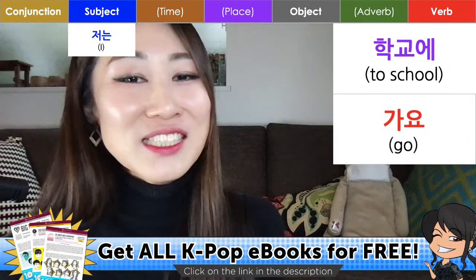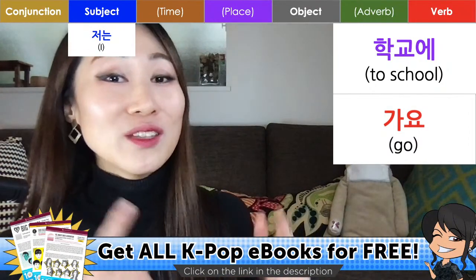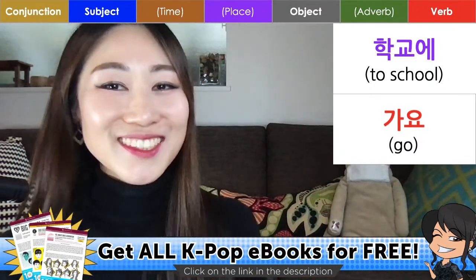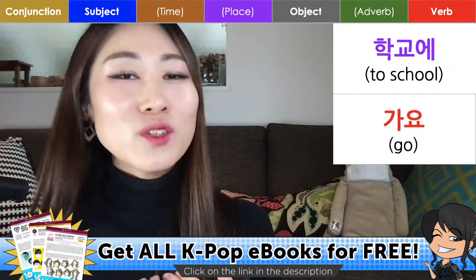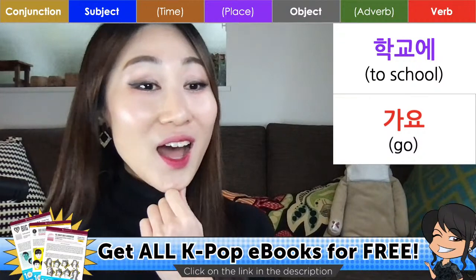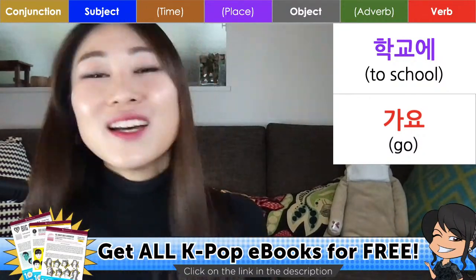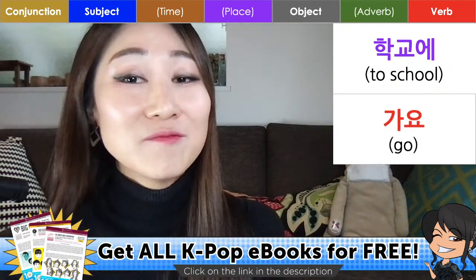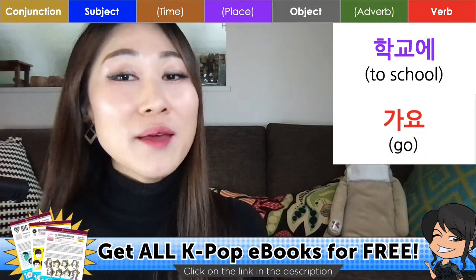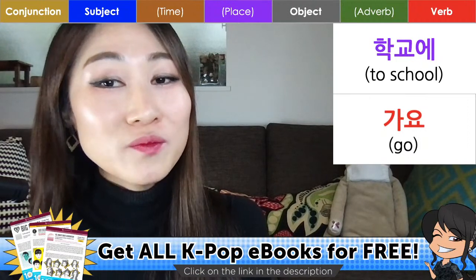So this time I want to sound a bit natural because I already mentioned 저는 in the previous sentence, so you know what's going on. So I'm going to omit 저는. But I still want to say I go to school. How can I say I go to school? Perfect. First, I have the word 학교에, meaning to school. 학교 means school. And 에